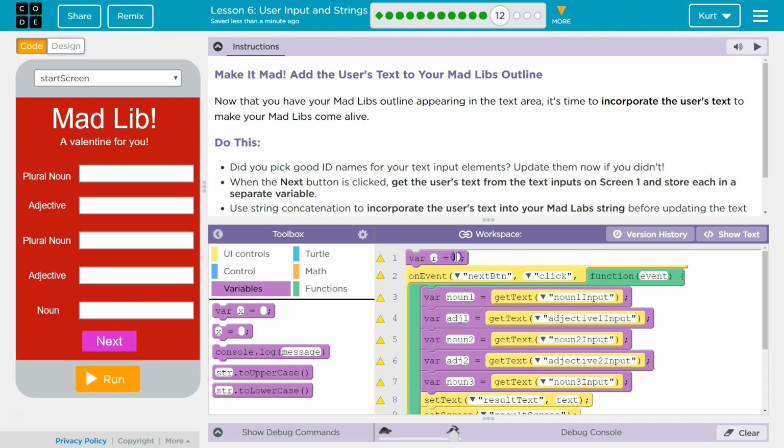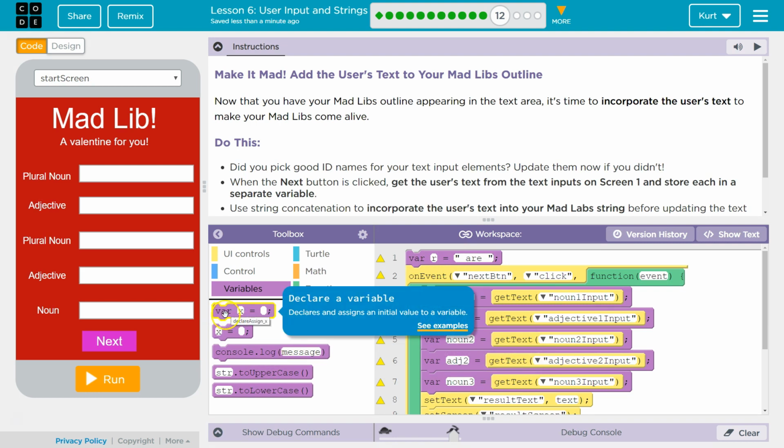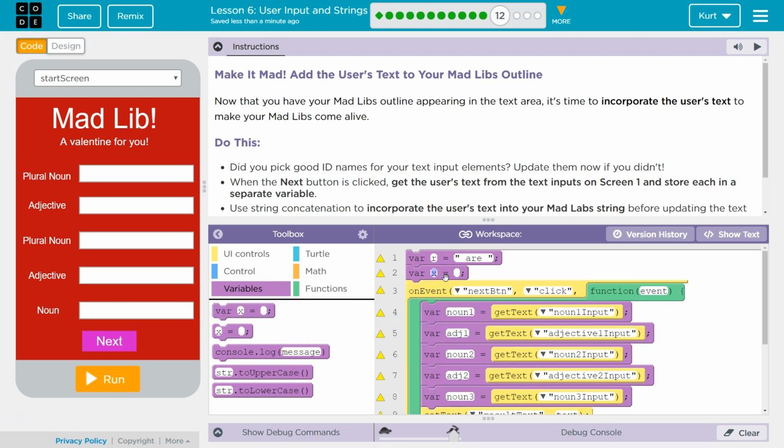I'm going to do the letter R for the word R, which you shouldn't do. You should use more descriptive variables. This is a bad idea. But I have to use R twice. It will save me time. I'm going to do a variable, and then for my full statement, let me write it first in quotes for a string. And I'm putting a space here, so there's a space at the end because we're going to have a string follow it. And this text will just be ending string, str for string, R,